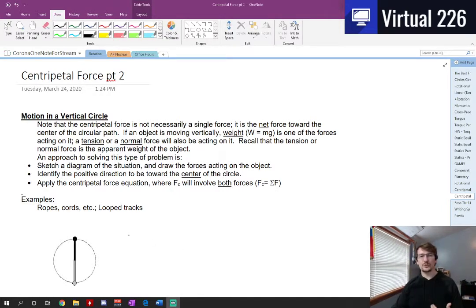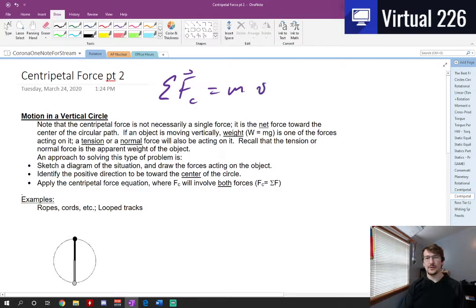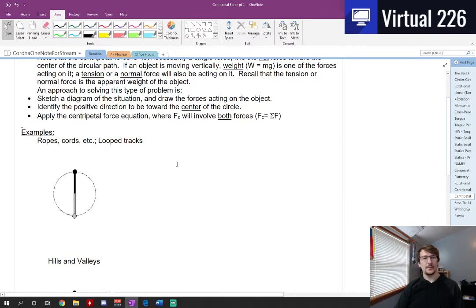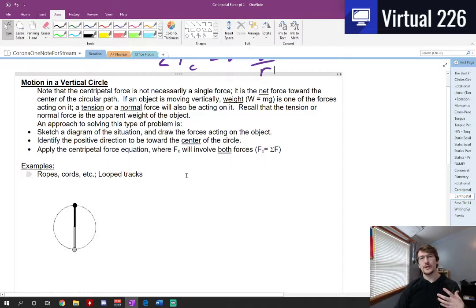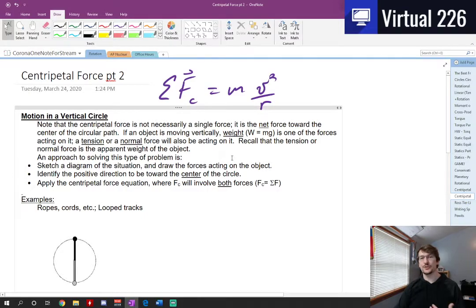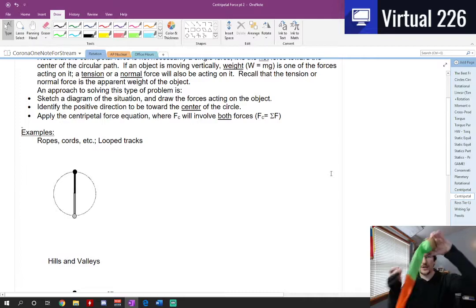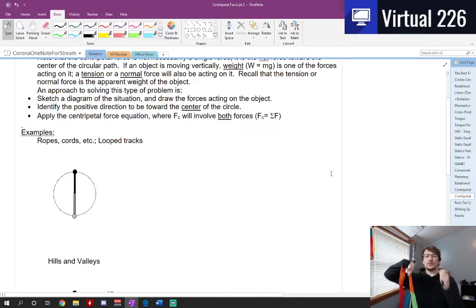So what we're going to do here is start analyzing some more of the problems and how we can start looking at the sum of the forces to make a centripetal force equal to mv squared over r, and how we can set this up and think about them from a problem standpoint. Well, if we take a look at what we have here, when we start thinking about centripetal forces acting on an object, they're really a sum of forces to make a centripetal force. And if we think about the foxtail, which we've been talking about, as I swing it around,